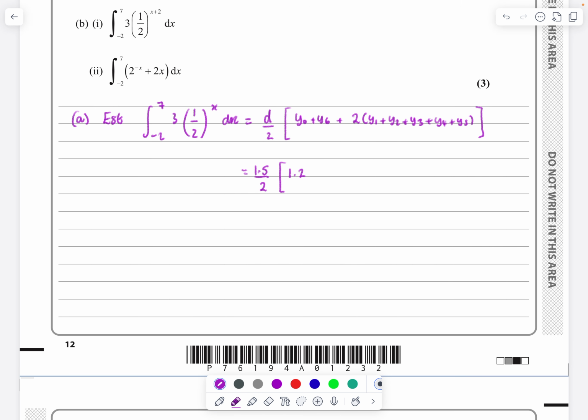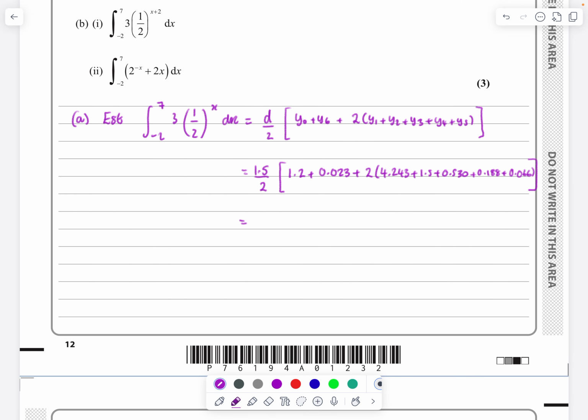So I think this is 1.2, 0.023. And then it's 2 lots of 4.243 plus 1.5 plus 0.530 plus 0.188 plus 0.66. As I say, more important than getting them right in there, I don't think anybody's going to really check that too much,